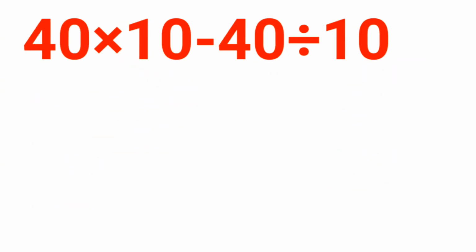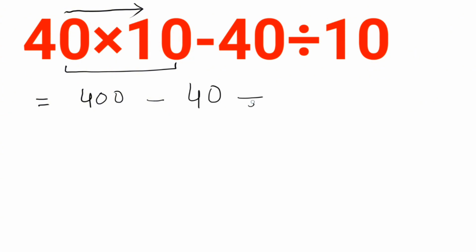Another question, according to PEMDAS, we have to move from left to right. If multiplication and division are involved in same question, first of all, we have to perform operation which is at left. So in this question, multiplication is at left. So we will perform first of all multiplication. So 40 multiplied by 10 is equal to 400 minus 40 divided by